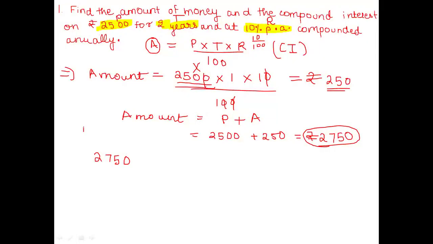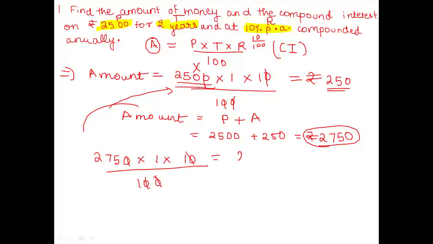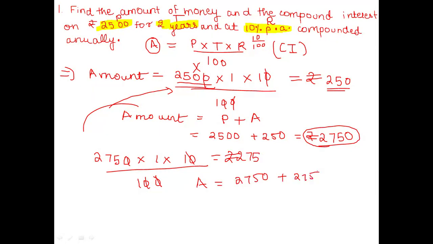We would repeat this formula again. So P into T, now we're doing it for the second year, but we take 1 year, into time, into rate by 100, which is nothing but 275. Now rupees 275. Now our amount is 2750 plus 275, which is nothing but